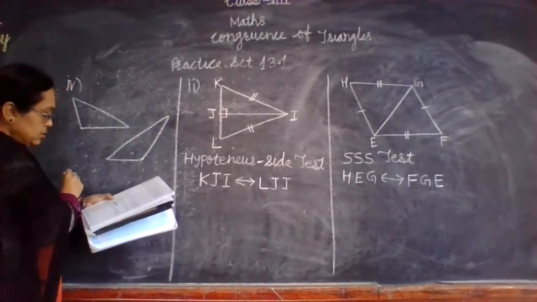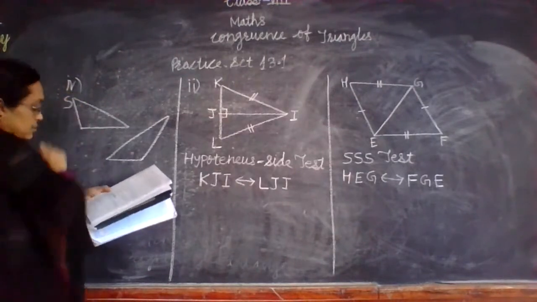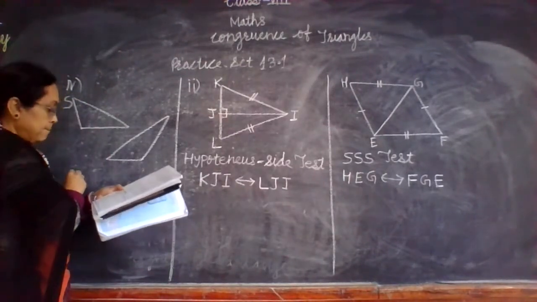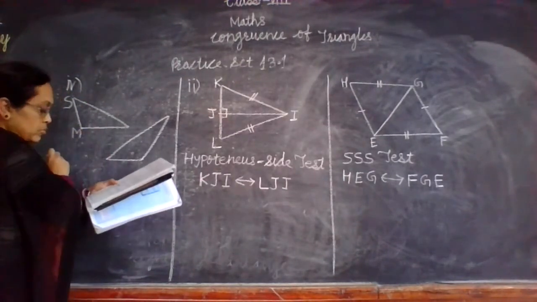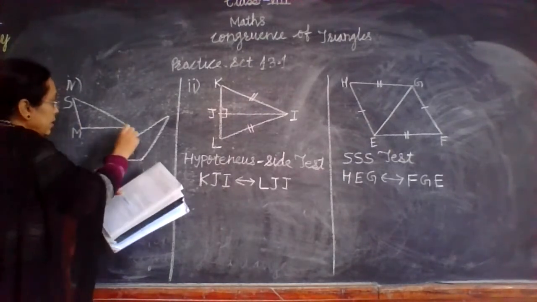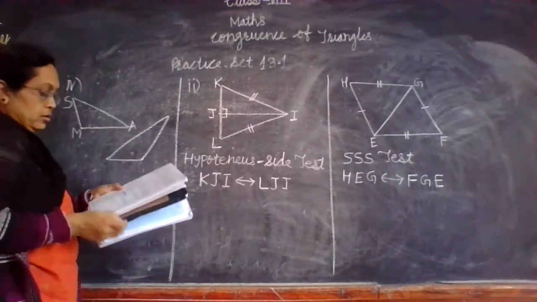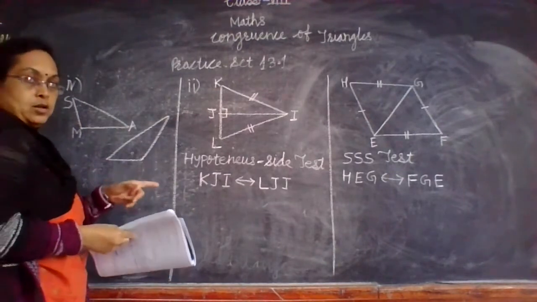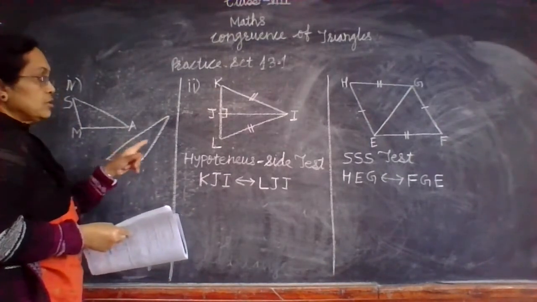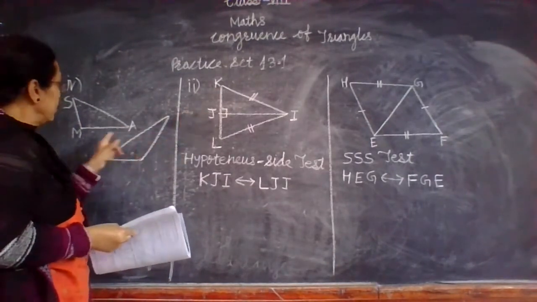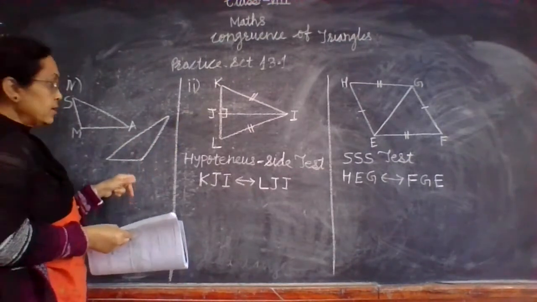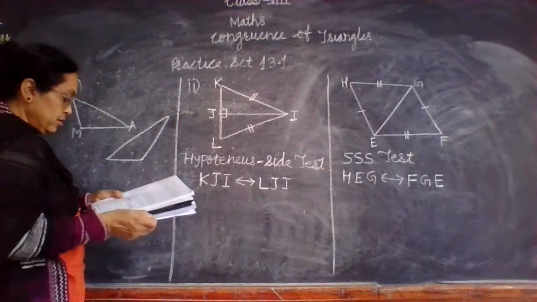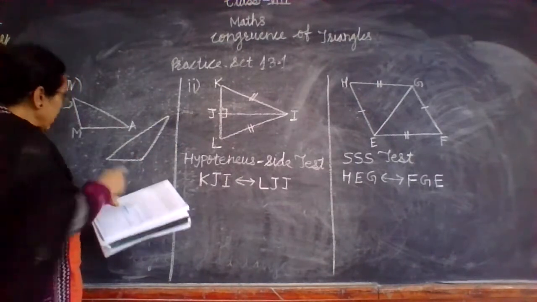So here this is S, M, this triangle, and A. Now in all first three questions, the triangles were in the same figure. Here, two triangles are of different figures. Now SMA,